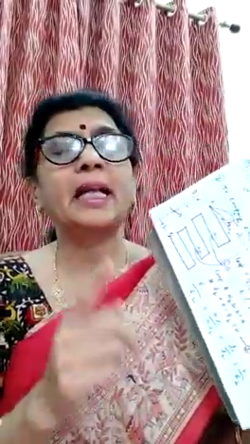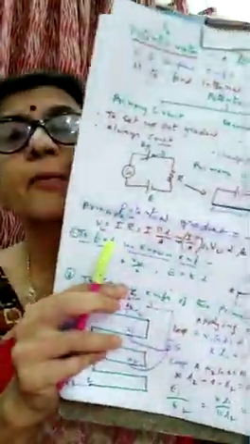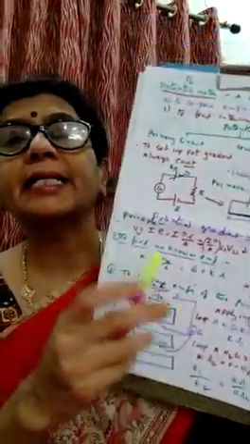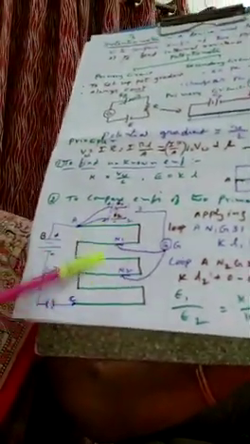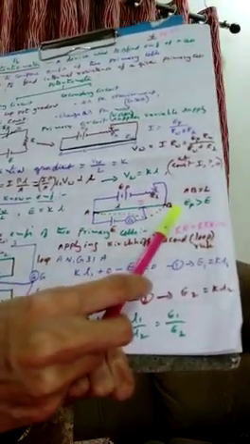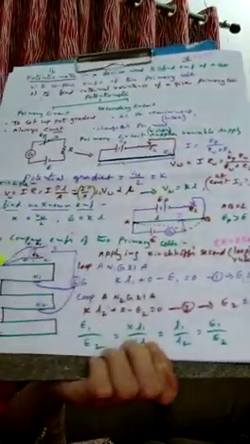First of all, let us study the circuit diagram. As already told, the potentiometer consists of two circuits: number one primary, number two secondary. The primary circuit provides the potential gradient, and the secondary circuit changes according to the use. Here you see the circuit diagram we have already drawn. It consists of several wires. Here I have shown AB as the wire, and this wire can be shown like this.